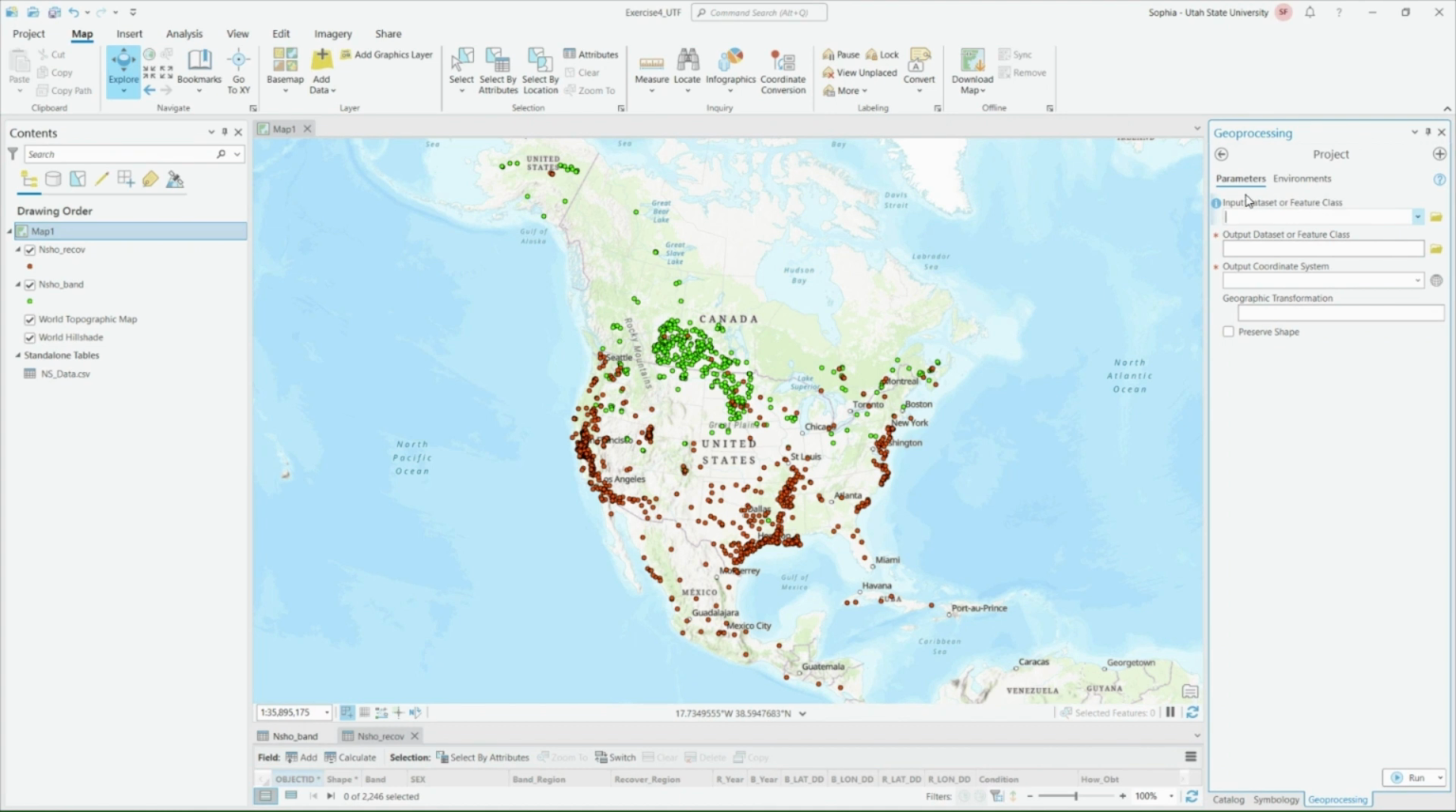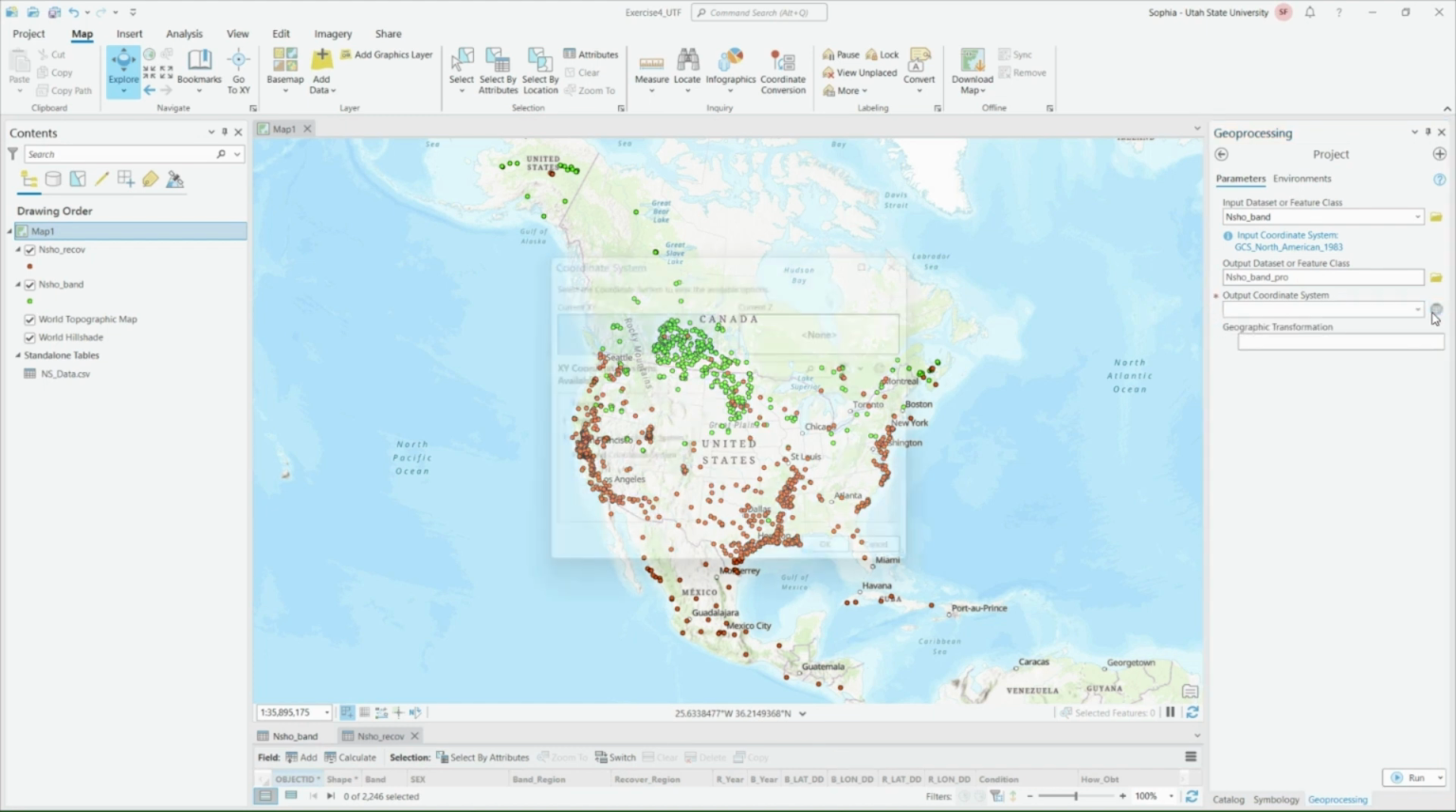So we're going to take our input feature class, and I'm going to do the banded first. Input is going to be the banded. And our output, this is just our name. I am just going to shorten this to Pro, so it's a little bit shorter, easier to find. And our output coordinate system, you can either find it, again, by clicking this, tracking it down here,